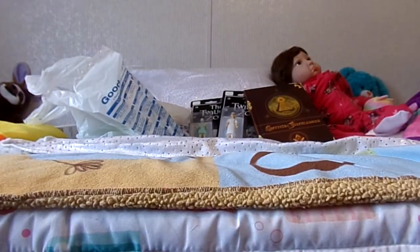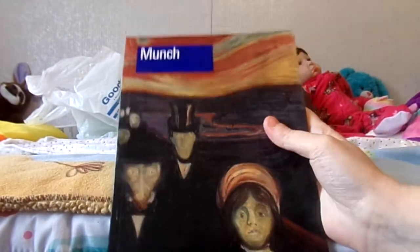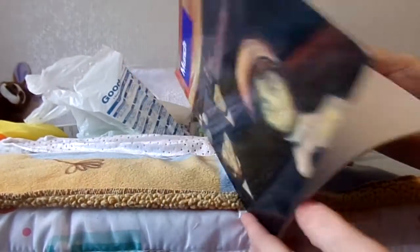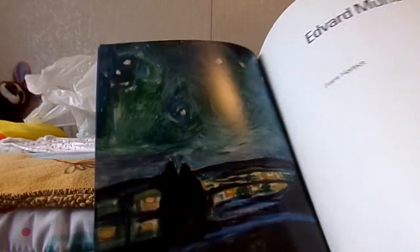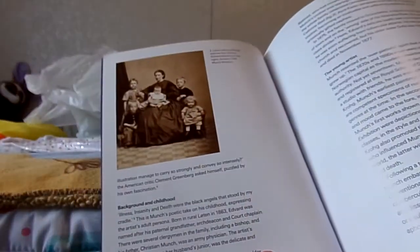So I got that book, and then I've been wanting a book about Edvard Munch, the artist, and so I found this book. I thought they had two books actually of his artworks, and this is the one that I liked the best. I love this picture, by the way. I love that. I think it's a detail from his version of Starry Night, but I kind of wonder if he was